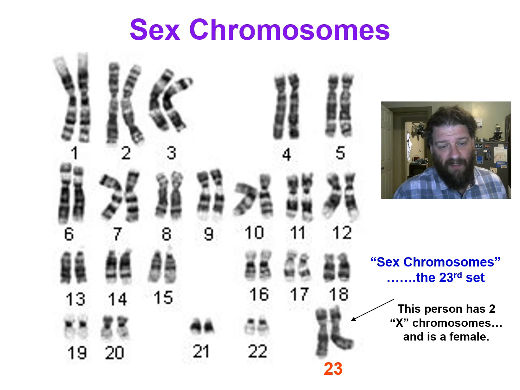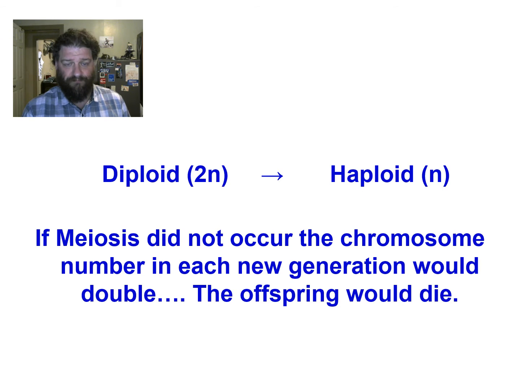So there's those sex chromosomes down there, and like I said, again, most traditionally, this individual with two of the same sex chromosomes would present as a female. Now, some other terms that we should be able to use: since our body cells have genes that come in pairs and chromosomes that come in pairs, we are diploid, right, di for two. And when we create these gametes, those gametes have half the number that they normally would have, and so that's why we call them haploid. We can also call them monoploid, which is another term.